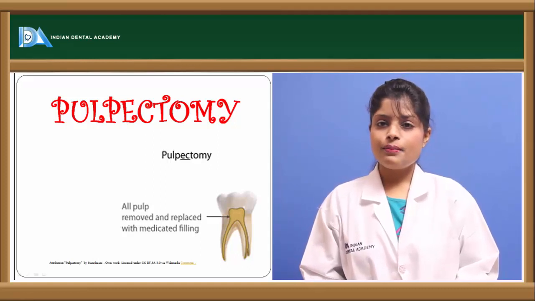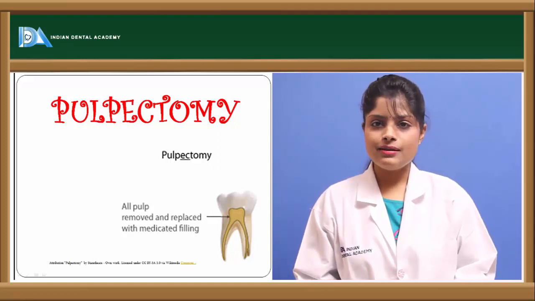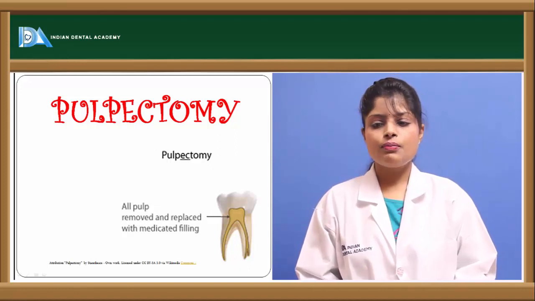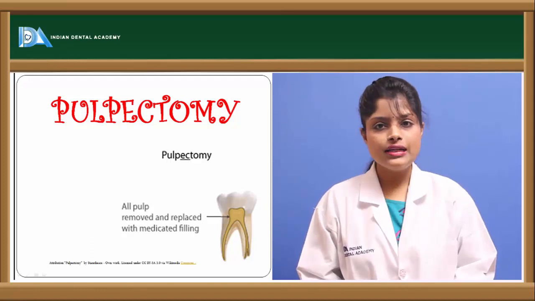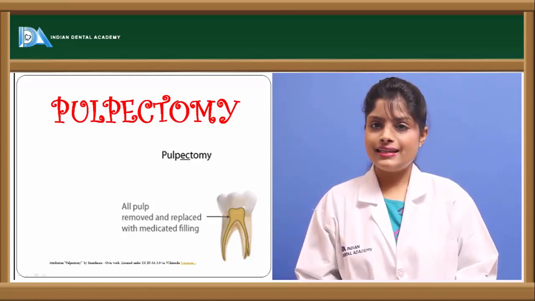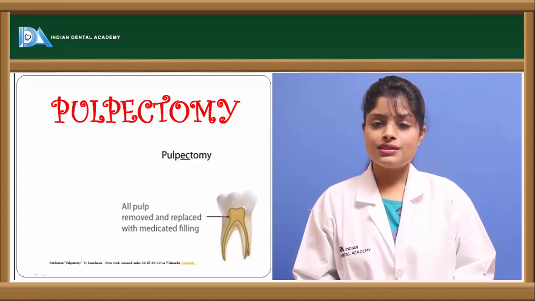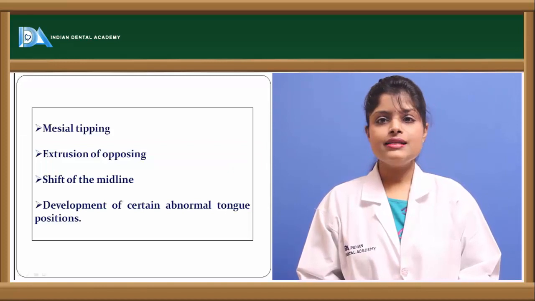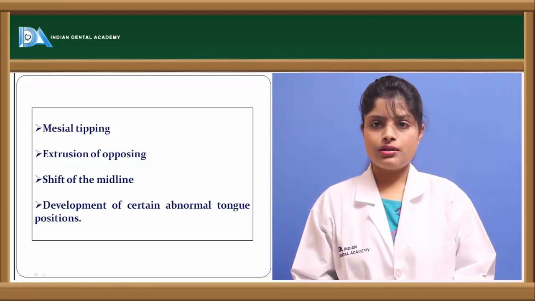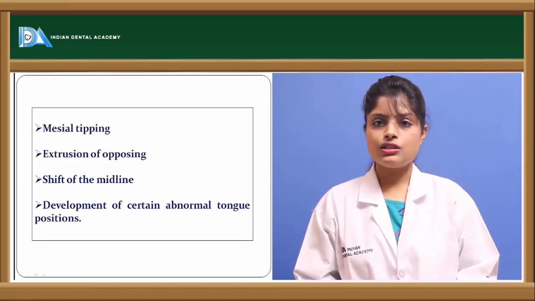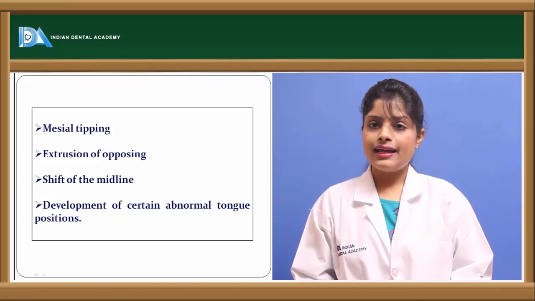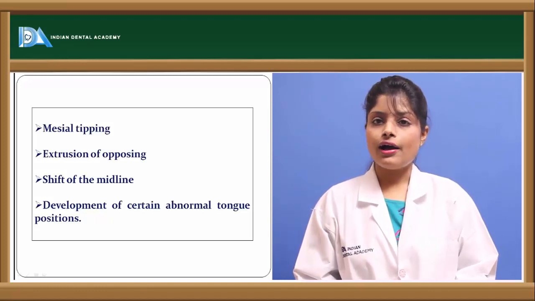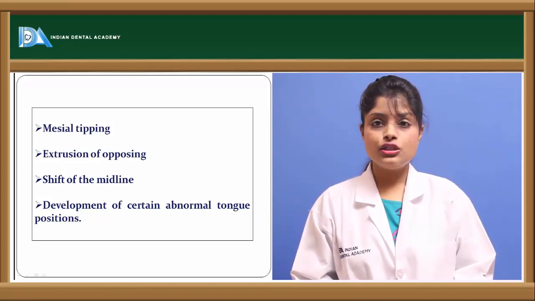Pulpectomy. Primary teeth are an important element of dentition. They should be saved because the sequel of the early loss of primary teeth can lead to various circumstances, such as there can be mesial tipping of the molars if there is early loss of the first molar. Then there can be insufficient space in the arch for further eruption of other permanent teeth, which may lead to